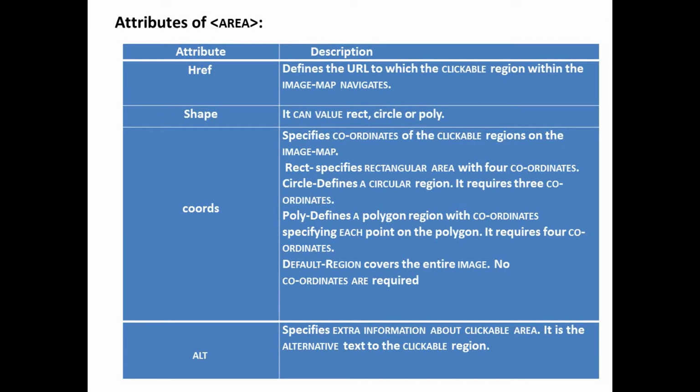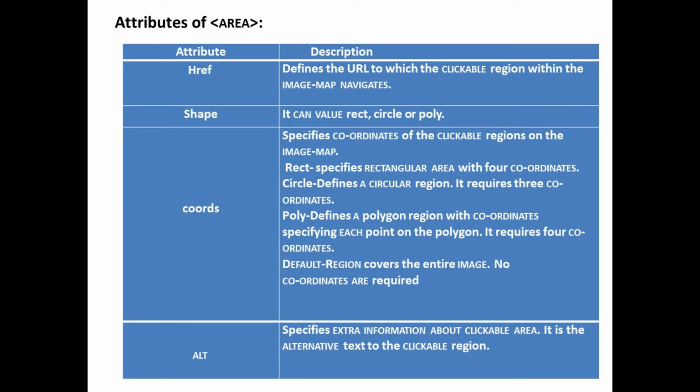Okay, so for that we have to use alt. All these four attributes are actually important. Number one is the href, hypertext reference, which means it's the URL of the clickable region. Basically, href defines the URL to which the clickable region within the image map navigates. For example, href equal to abc.html or google.com means once you click on that particular region, you will navigate to